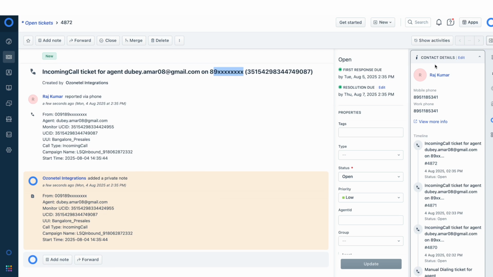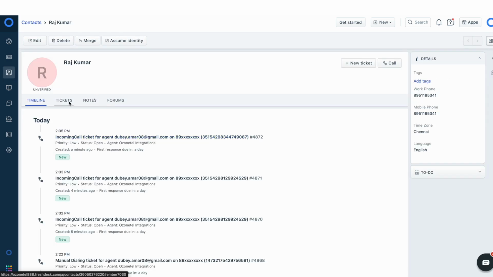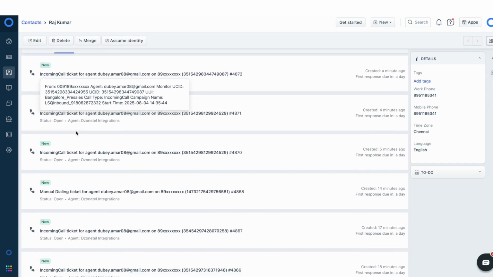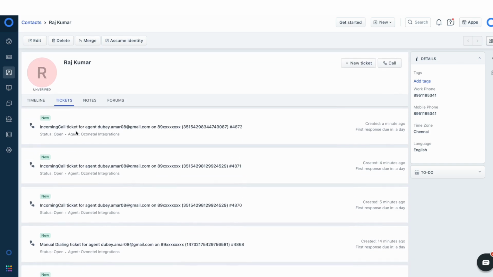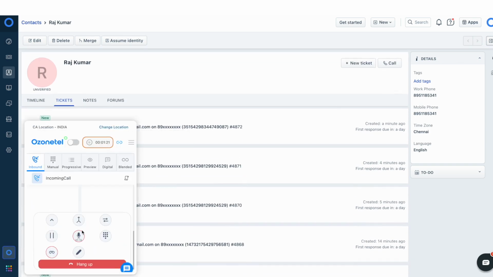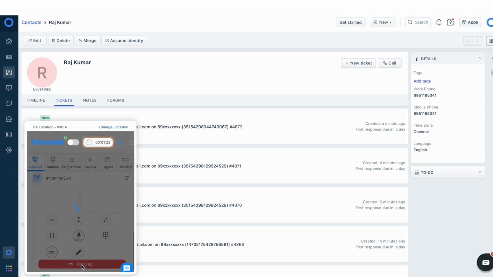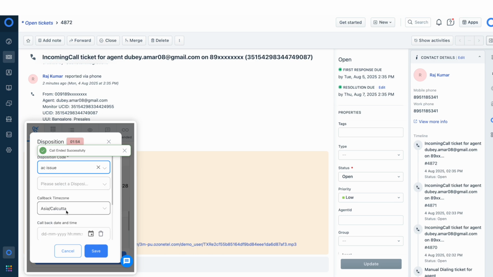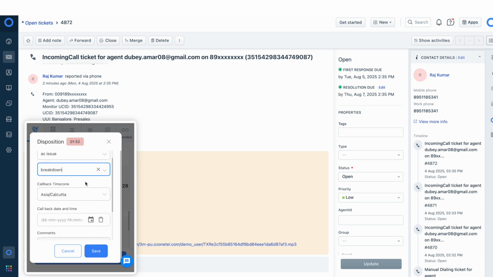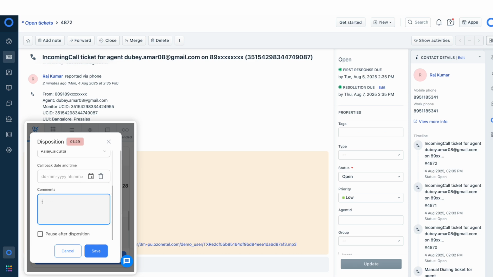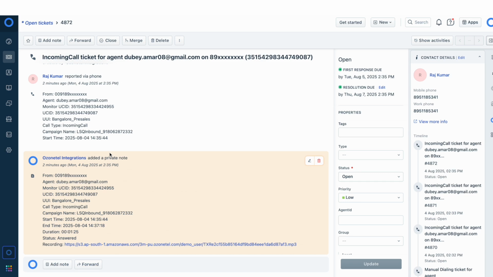And it also populated the contact details from which particular contact the call is coming. And I will have all the contact details and their previous tickets which have been created against that particular contact available for my reference. If I go ahead and end the call, I can do it from the CTI panel. It will ask me to dispose the call. I am selecting a disposition. This disposition can also be configured by the admin. So I saved the disposition, and as an agent, I am again pushed to ready state to handle other communications